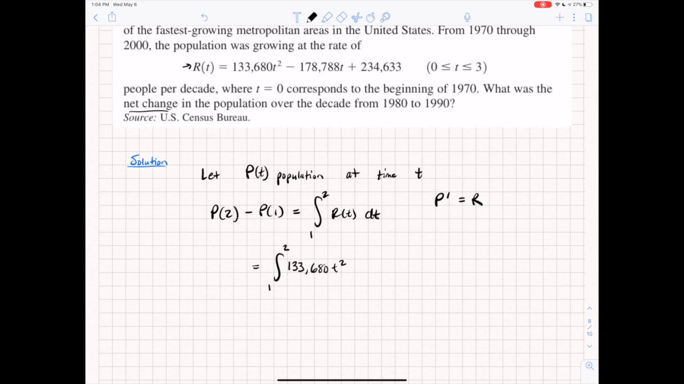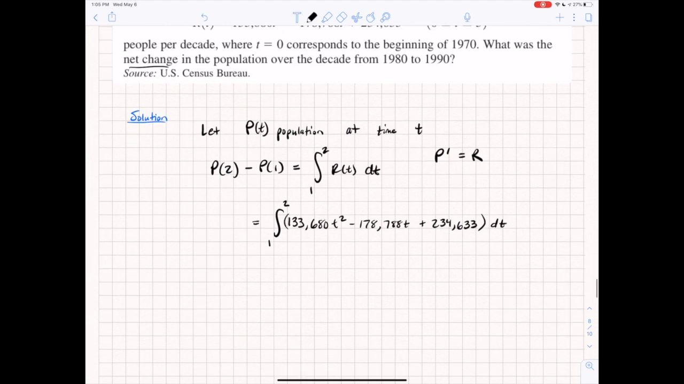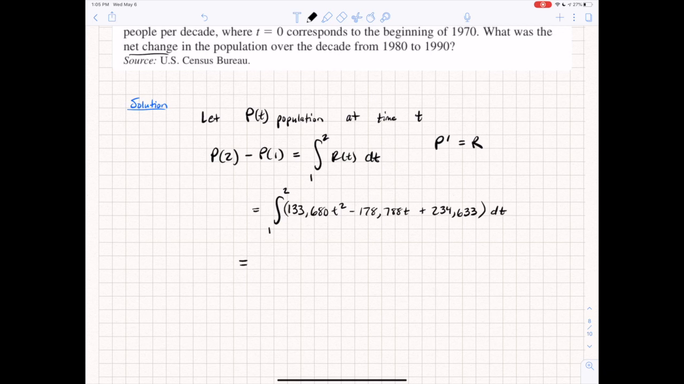which is 133,680 t squared, minus 178,788 t, plus 234,633. And I'm doing this dt. Okay, so now if this is what I'm integrating, for the antiderivative I'm just adding 1 to each power and dividing by that new power. So skipping the algebra, I'm just going to show you the result. You should get